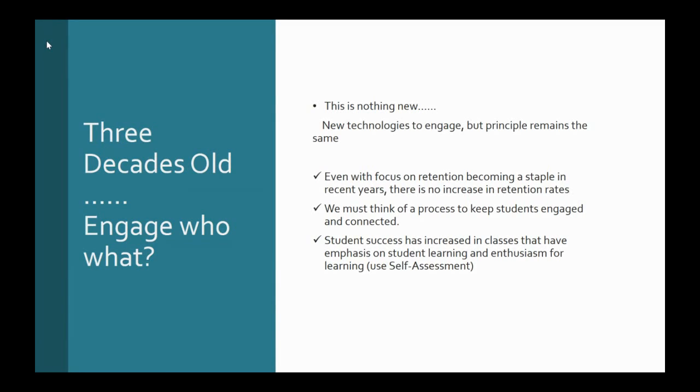So as faculty, we all want to think about how can we keep the number we start with. And yes, we can't keep them if they're not in the needs or the objectives of the course, but how can we give them the resources to do that? So we have to think of a process to keep the students engaged, and student success has increased with more student engagement. If they get enthusiastic about your lecture, about your activities in the classroom, they don't want to miss the classroom. And so they're going to be there versus, everything they say is in the book. You know, they didn't really grasp me last week, why go? And so we have to use our self-assessment to look at that.